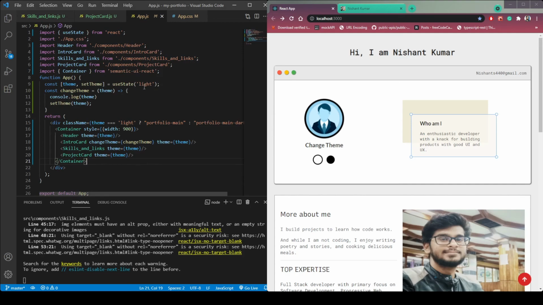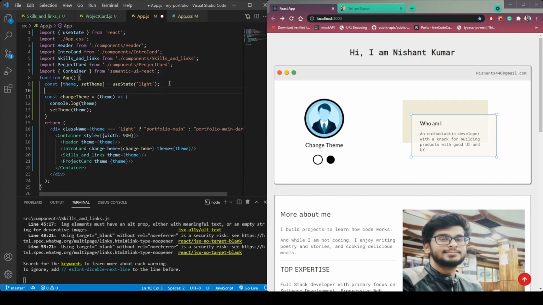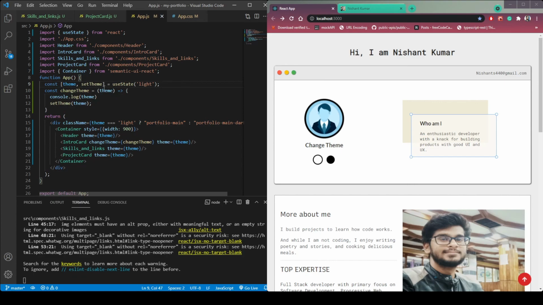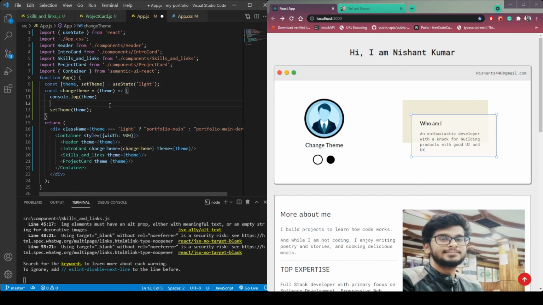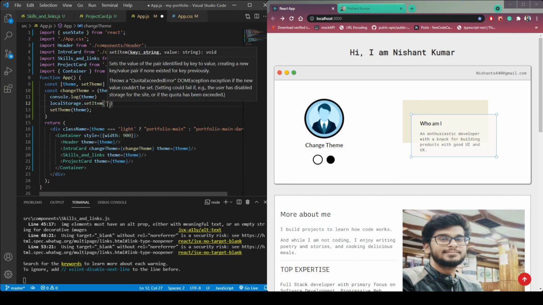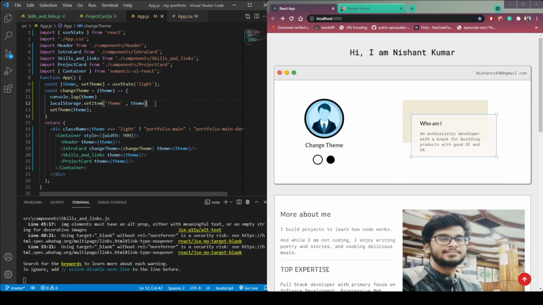In our app.js, let's create a function, or inside this function make it localStorage.setItem, then theme, and the theme name, which is this theme. Now create a useEffect hook, so that when our page loads, it will get the data from the local storage.